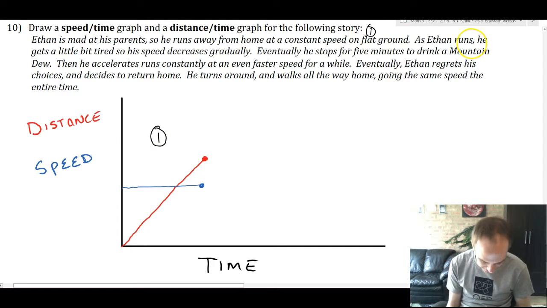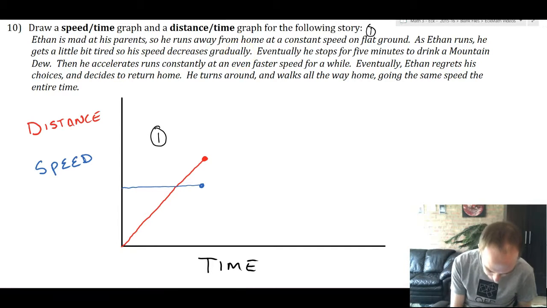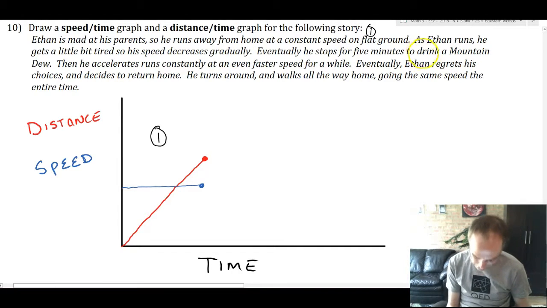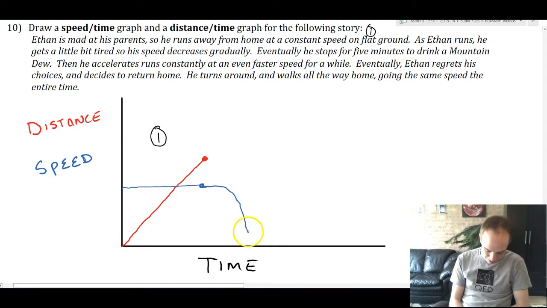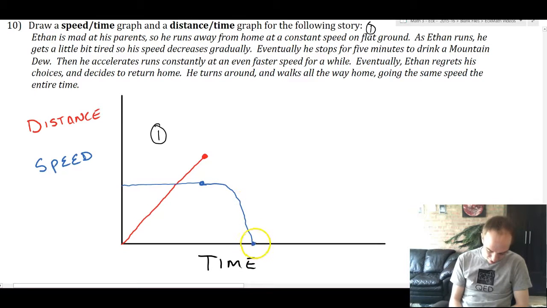As Ethan runs, he gets a little bit tired, so his speed decreases gradually. Eventually, he stops for 5 minutes. So when Ethan stopped, his speed will be 0. His speed is going to decrease gradually, and maybe he starts running out okay, and then he really, really gets tired, kind of on a curve, right? I wanted to have something curvy here until he really slows down,